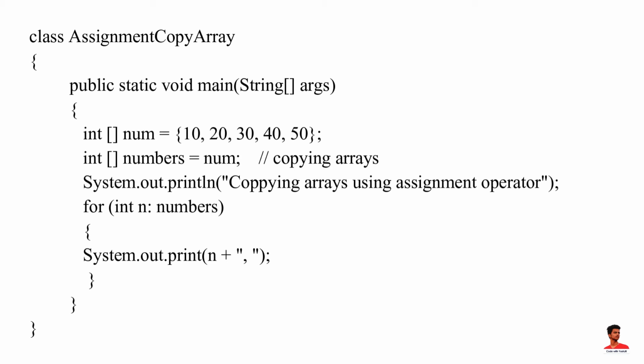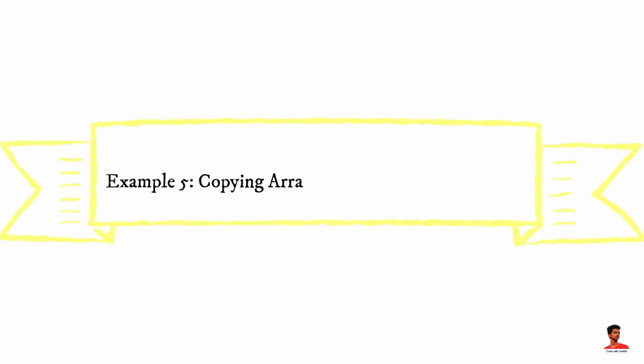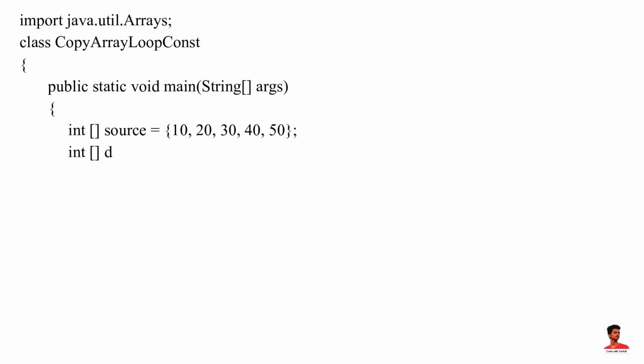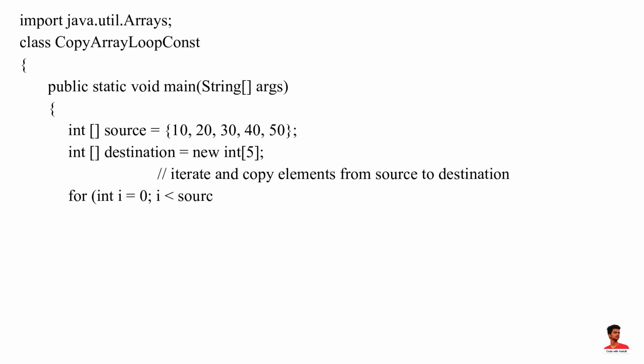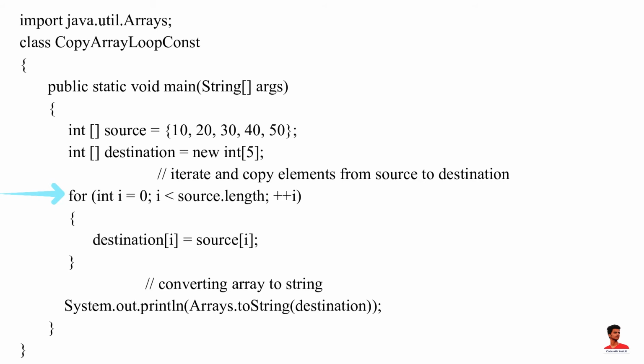Output of this program is. In this example, we have used the for loop to iterate through each element of the source array. In each iteration, we are copying elements from the source array to the destination array. Notice the line. Here, the toString method is used to convert an array into a string. Output of this program is